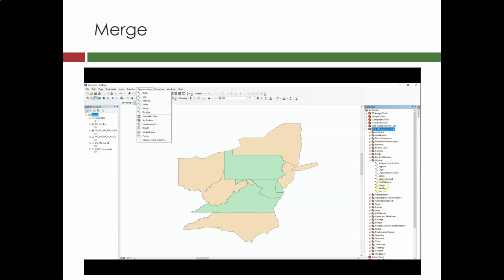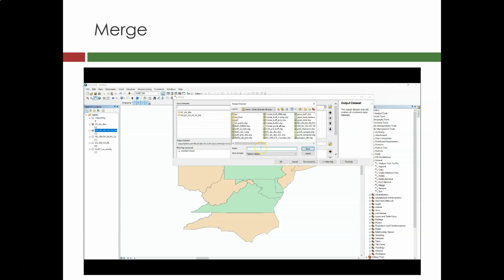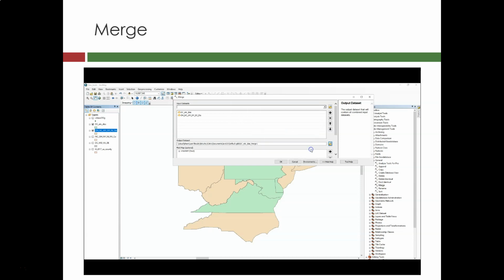Merge is in here. So we're going to use our toolbox, and the two files we're going to merge are the DC file that was dissolved from last video, and then our Ohio, North Carolina, West Virginia, New York, New Jersey state file. Let's go ahead and name it example states 1, and hit OK. One thing I want to point out before I hit OK is